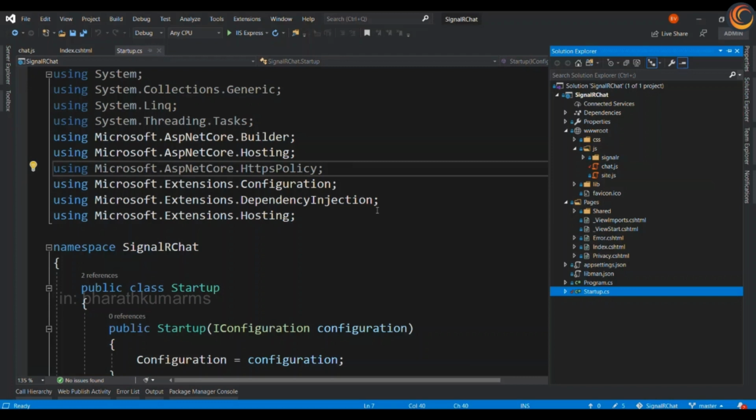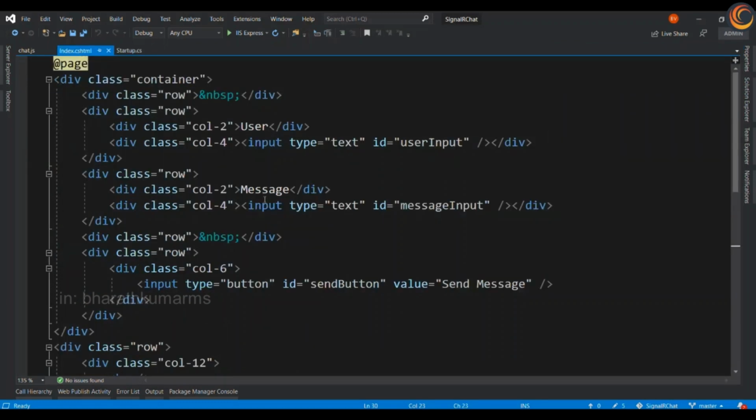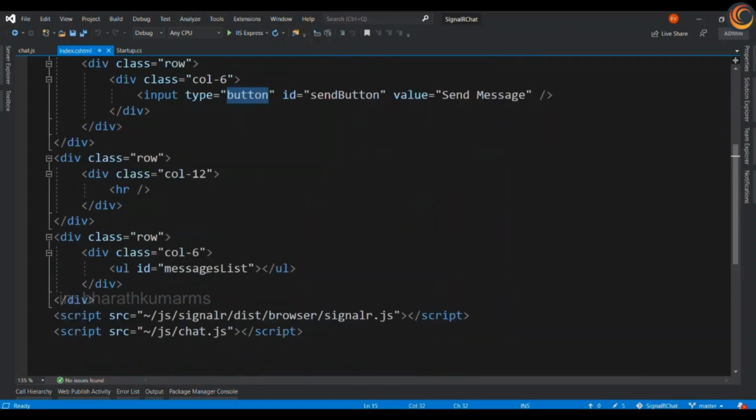I have added a few code snippets in the index.cshtml Razor page. It is a very simple text box to get the username, the message he wants to send across to other users, and a simple send button. All the messages that are sent back and forth will be recorded in the message list.